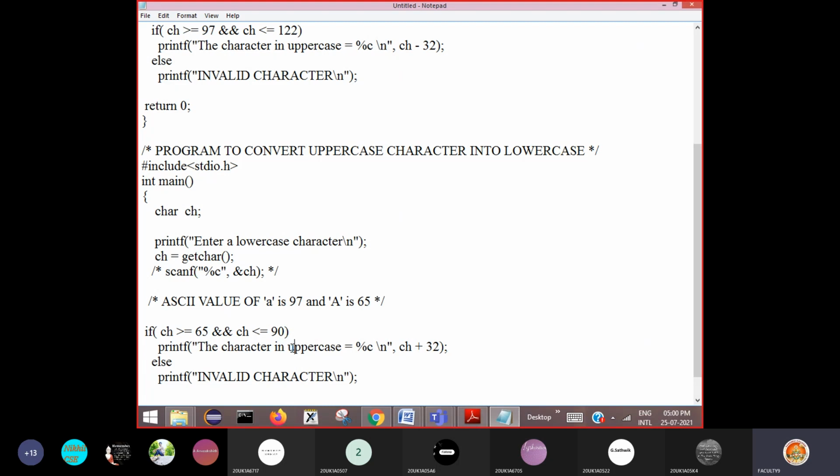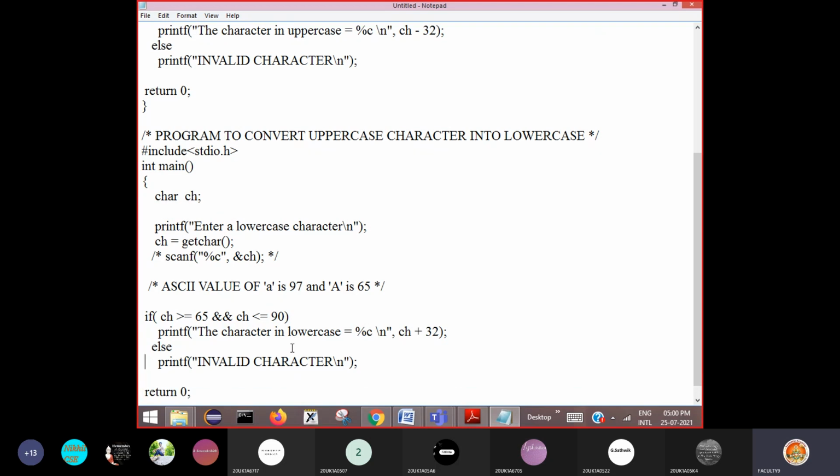Then you can print a message, the character in lowercase is equal to %c, ch plus 32. If you add 32, then it goes to lowercase type. Otherwise you can print a message, invalid character or something. Okay, right.